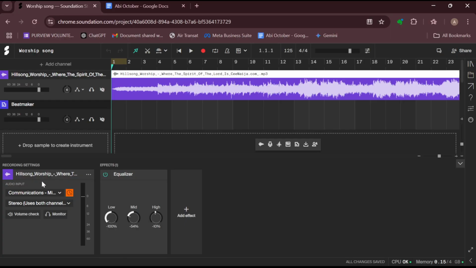With this bar, you can go ahead to adjust the volume, check the monitor, that is the microphone or the headphones that you have connected to your PC already. You can also add effects and tweak the sound to make it sound like you want. And also by the left side, you can decide to add audio channels that will also have impacts on this particular sound. So this is how you can open the